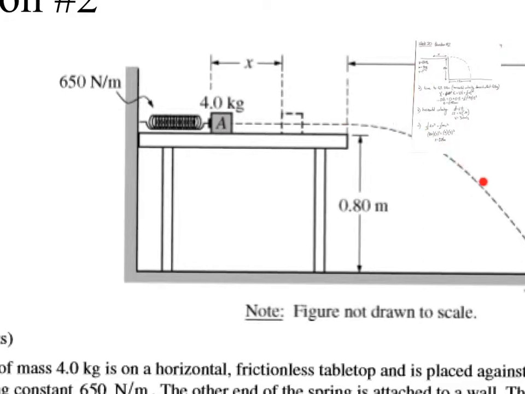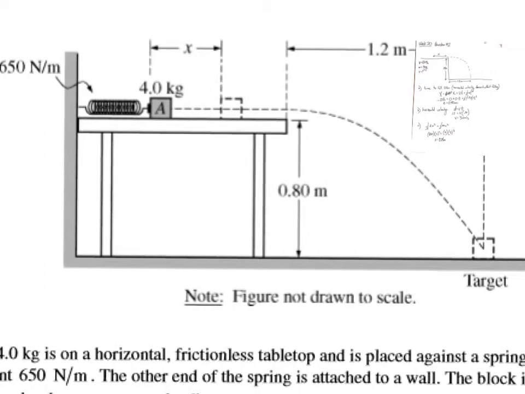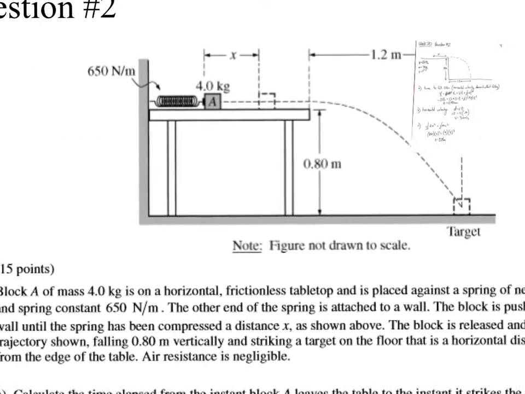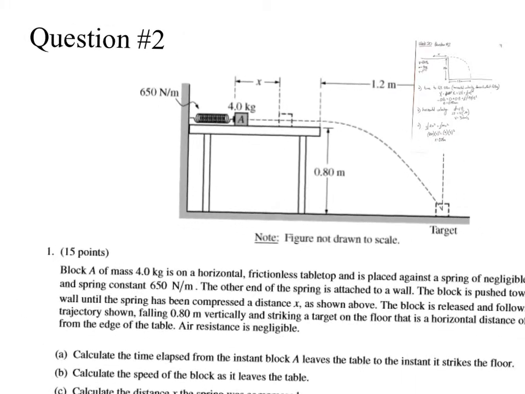And then this situation here is like what we studied with parabolic motion, right? It's a trajectory, a projectile, and the distance that it falls is going to determine how long it's in the air, and the horizontal velocity and how long it's in the air is going to determine how far it goes. So we have those values. So the first couple questions are sort of a review of this projectile motion, where